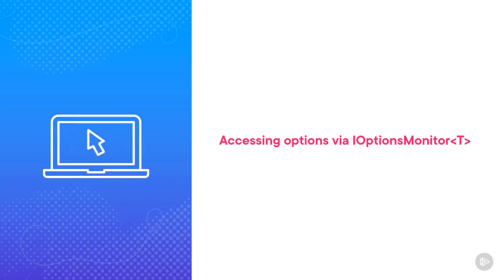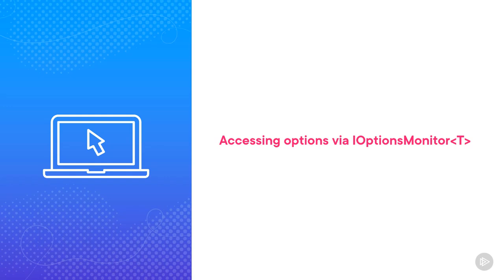In this demo, we'll continue looking at ways to support options reloading in the tennis booking application. So far, we've used two of the three available options interfaces to access the options instances. I'll now introduce the third interface, IOptionsMonitor, and we'll learn how this is subtly different to the first two